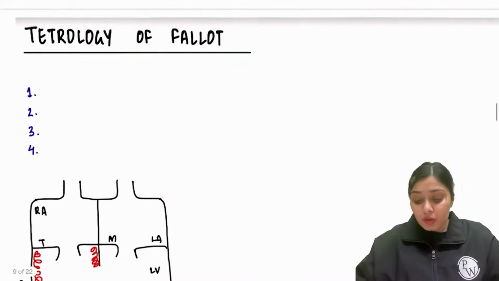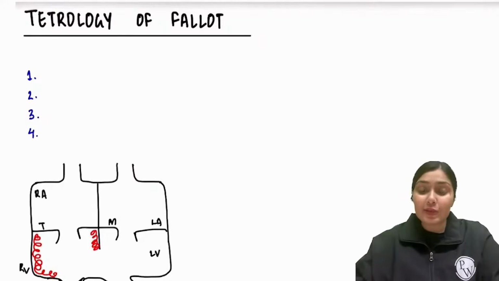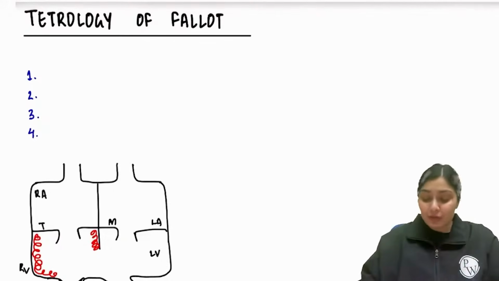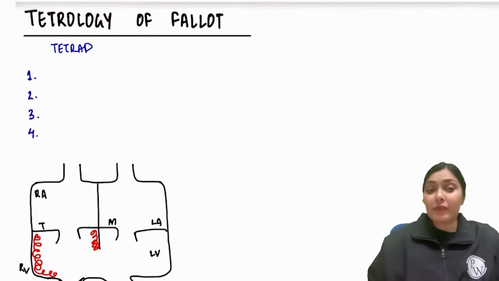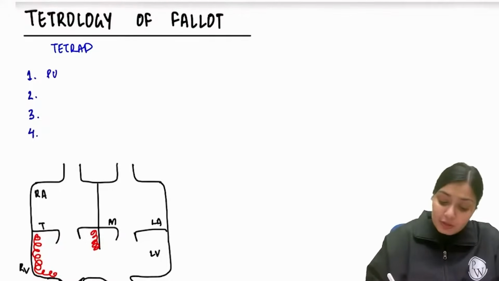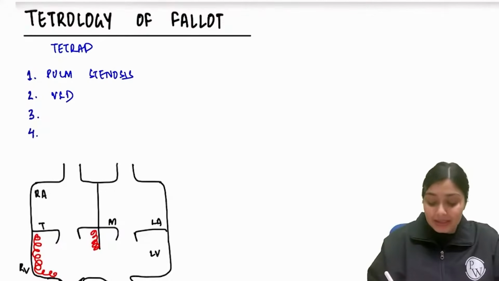So this is all about VSD. Now let's move to the cyanotic heart disease, that is TOF, tetralogy of Fallot. So tetralogy, you all understand, tetrad. That means there are 4 things over here. There is not a single defect, but 4 defects. What are these 4 defects? The first defect is pulmonary stenosis. The second is a ventricular septal defect, a large VSD. Then we have overriding aorta